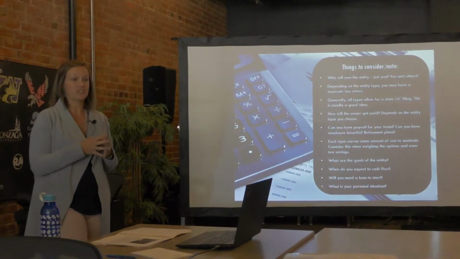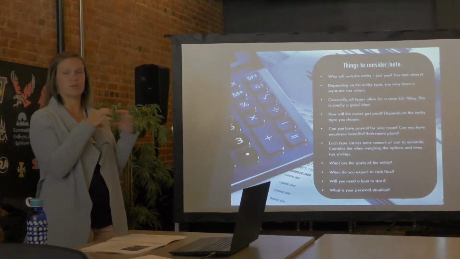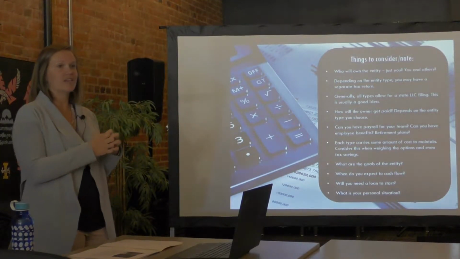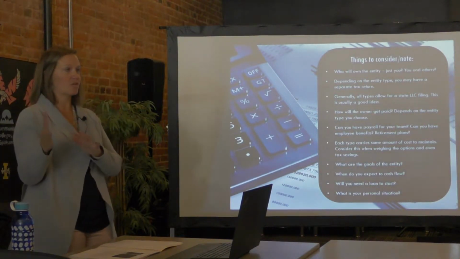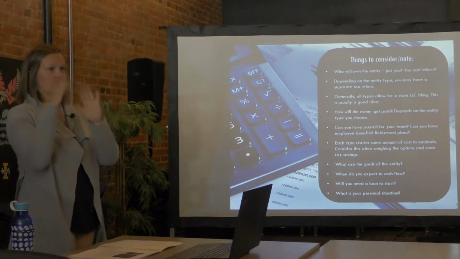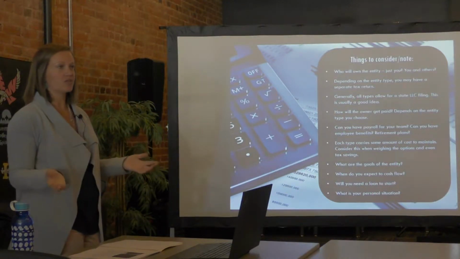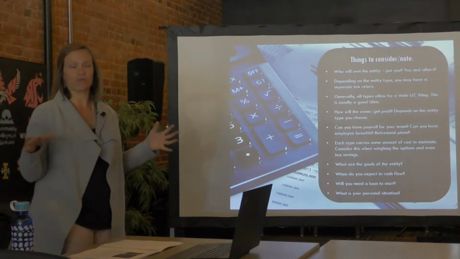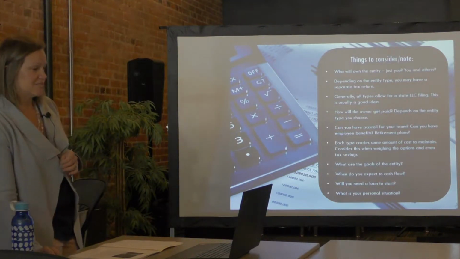And then what's your personal situation? So 3 of the entity types: sole proprietorship, S Corp, and partnership, all that income flows to your personal returns. So if you are trying to buy a house or something, maybe having a fat loss on your sole proprietorship tax return would not look great if you want to buy a house in 1 or 2 years. So maybe having a C corporation so that you have a nice financial separation, and this corporation is separate from you. Those are kind of the weeds, of course, but just making sure you look at your personal situation to pick one might make sense. And maybe if you have partners or people doing it with you, their personal situations as well, so you all get the best situation.